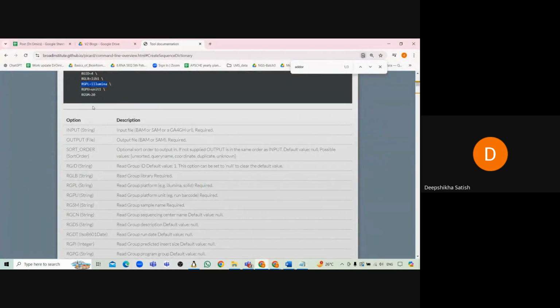Then the next option here is RGPU. RGPU is the read group platform unit. This read group platform unit typically represents the specific flow cell lane or a sequencing unit within the sequencing platform. Let me explain this RGPU. It represents the specific flow cell lane or a sequencing unit within the sequencing platform. So this